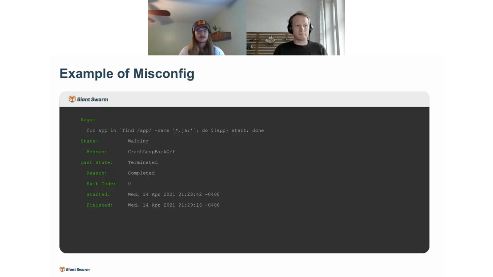And then a quick example of a misconfig, I just thought this was an interesting one. So basically, this is one that you can see here. This was a real customer issue that we looked into, that essentially in this container, they have this simple argument. So for app in, look at the app name, look for our jar file, start the app, and then be done. Pretty simple. Well, we got hit up from the team saying, hey, something's broken. It's in a crash loop backoff, as you guys can see here. It's restarted 10 times. I don't know what's wrong with it.